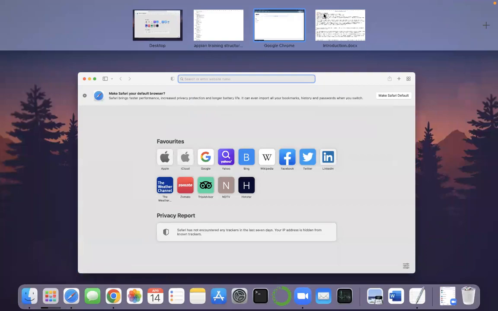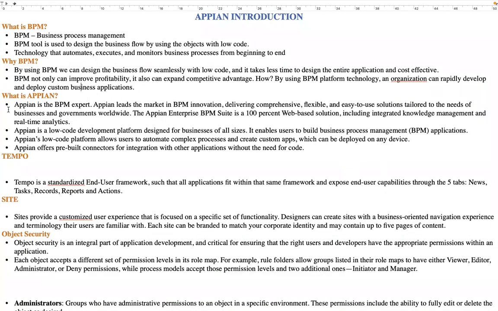So we discussed what is Appian, why Appian. Appian is currently booming because of its low code, cost effectiveness and automation. And we can say Appian is going to be in demand for at least 10 more years. That is my assumption. Not just mine, but technical people in the industry also assume that Appian is going to lead the BPM market at least 10 years from now.